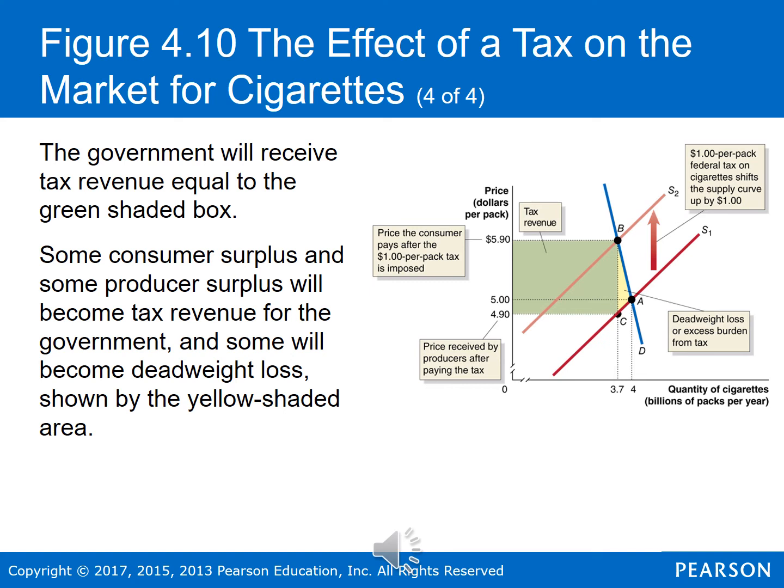Now, the deadweight loss is going to be very small in this case because consumers are not very sensitive to price, and that's why we have this very steep sloping demand curve. A large increase in price causes a small decrease in the quantity demanded. And this should make intuitive sense if we know about cigarettes. Cigarettes are physically addictive. So people will be willing to satisfy that addiction even at a much higher price. They may purchase a little bit less than before, but they're still largely going to purchase cigarettes because of that physical need that accompanies its usage.